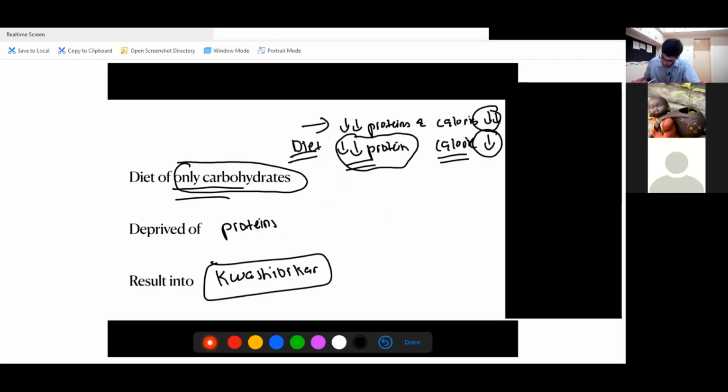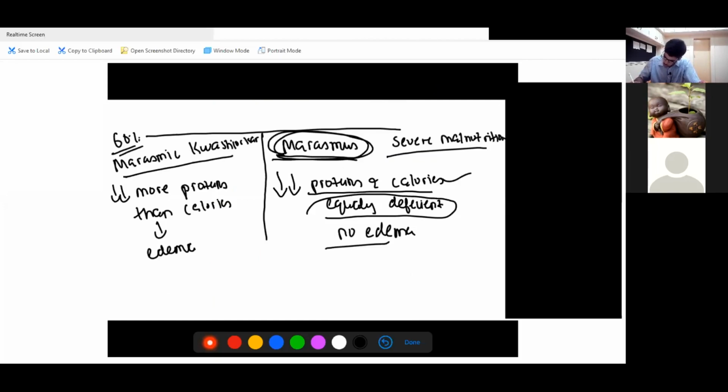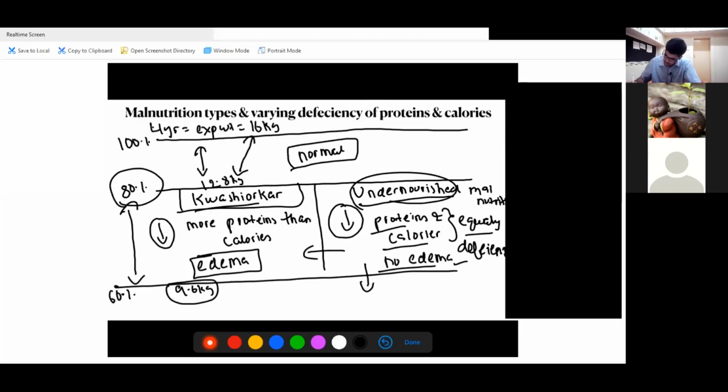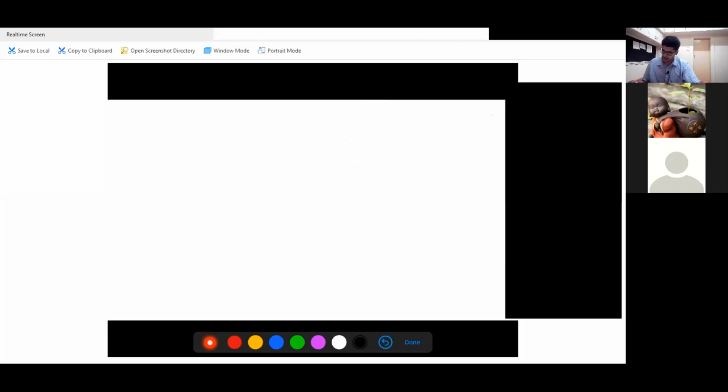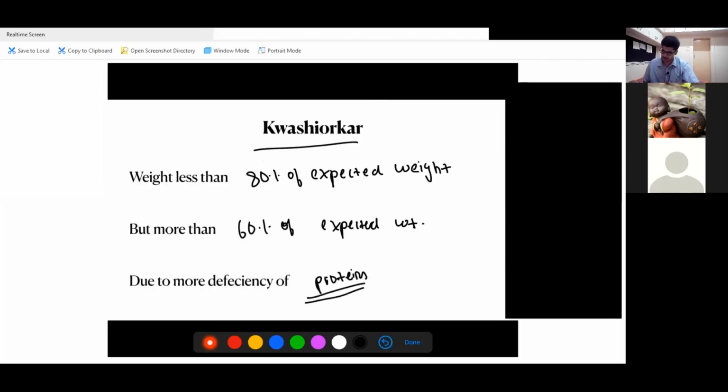So, come back to the chart. So this patient, you give him a good diet of equal proteins and calories. Equal, huh? See, you're not giving more calories. Whenever you give more calories, the patient moves this side. You're giving equal protein and calories, so the patient moves upwards and he comes to undernutrition. After here, he'll go to normal. This is the journey of the disease, of the recovery, to say. It is confusing. If someone has not understood, please let me know. We will explain again.